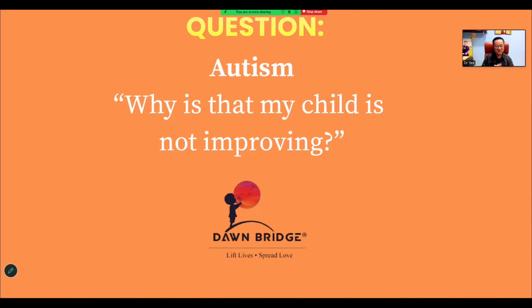The second subtype is brain inflammation. In this subtype, most of the time the parents will report that their child regressed at certain months. For example, they had words and good eye contact between 12 to 18 months, or 12 to 24 months, then suddenly the child regressed. They lost the words, they lost the skills, they have poor eye contact. Besides that, they also have mood swings, poor sleep, and are easily irritable.